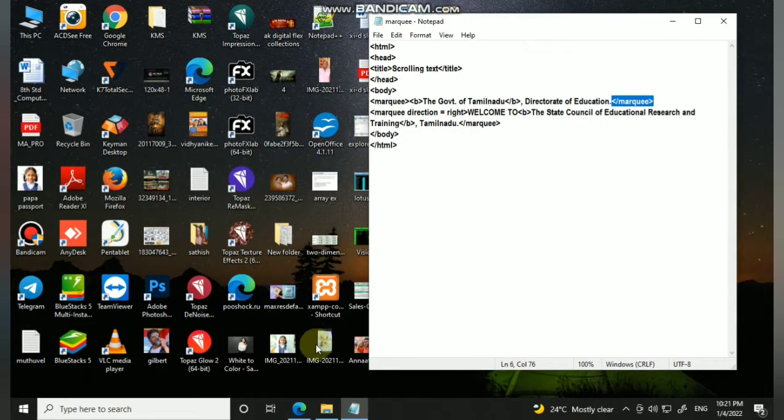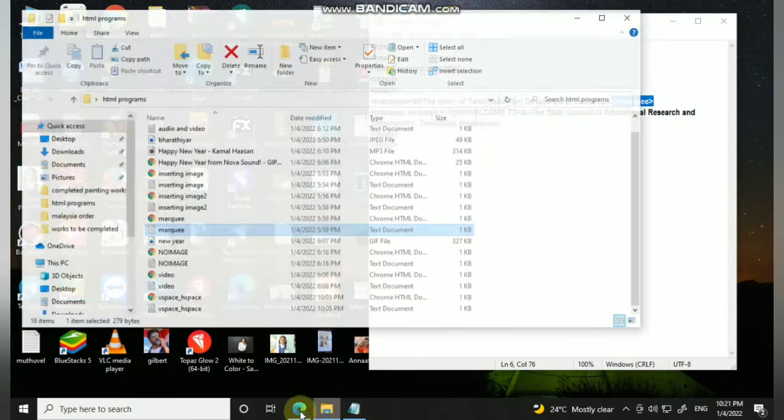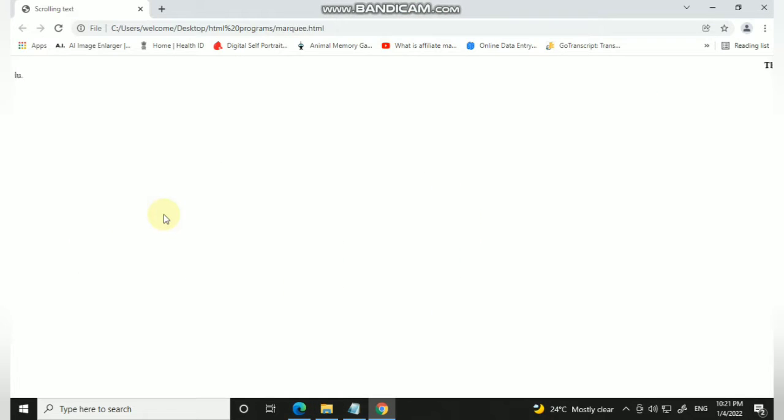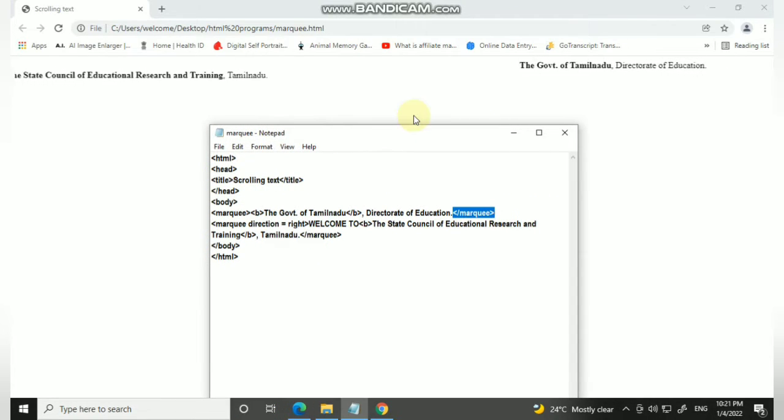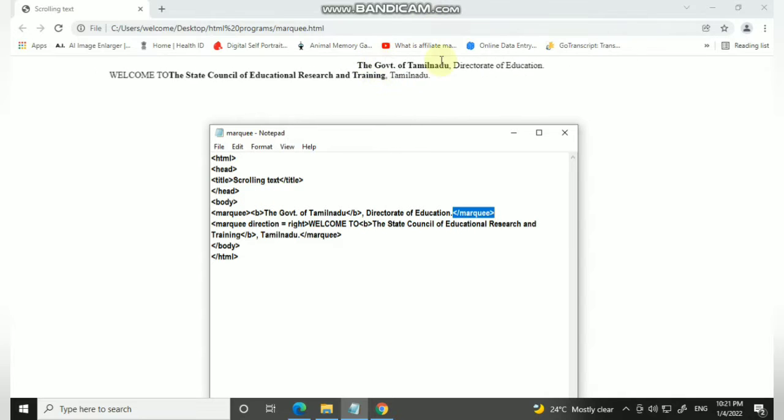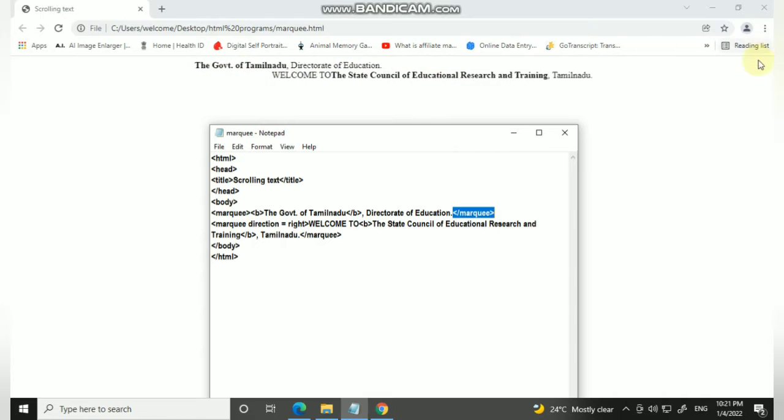So here is the program, and now I will open the web page. See here. Now see the coding. Here I have given the first marquee tag. Here I have not mentioned any direction, so it is moving from the right side to the left side.